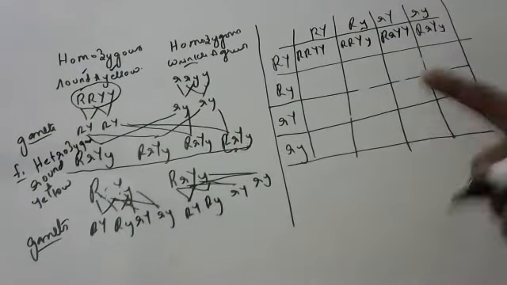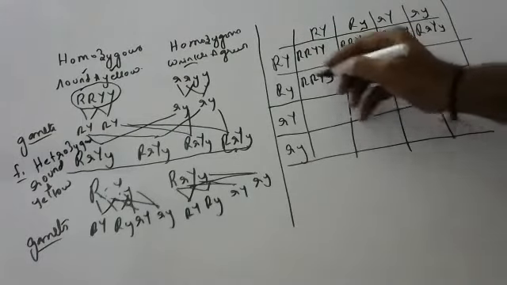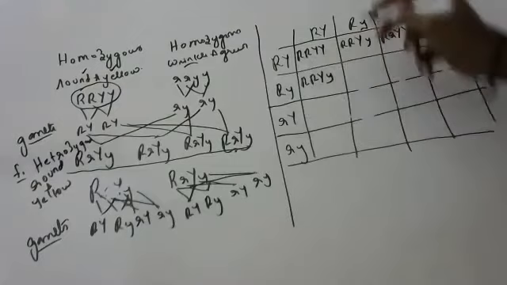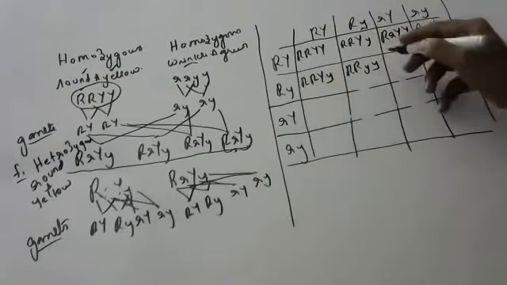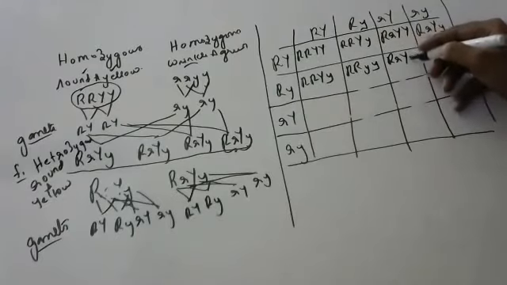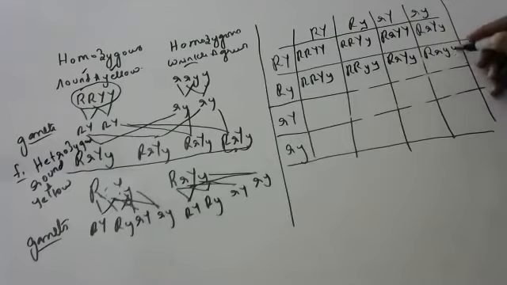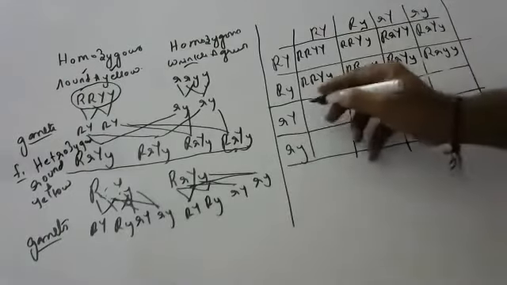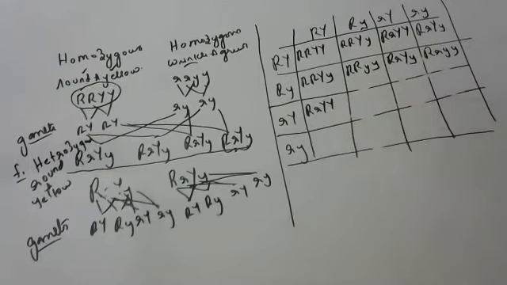Those you need to understand, at least see. Bigger, bigger, big Y, small y. Here, this both bigger, bigger, small y, small y. These both bigger, smaller, big Y, small y. These both bigger, smaller, small y, small y. Again, these both bigger, smaller, big Y, big Y. First, the dominant character we should write. That's why I'm writing.